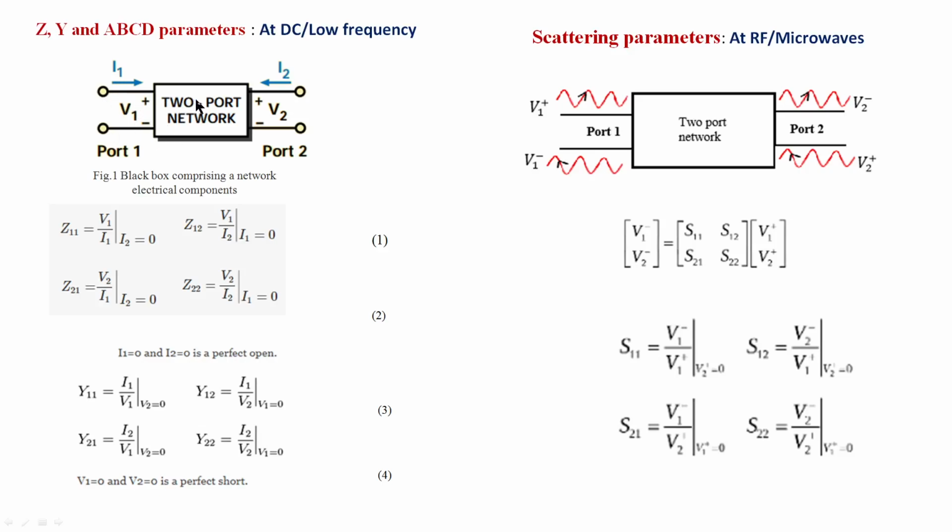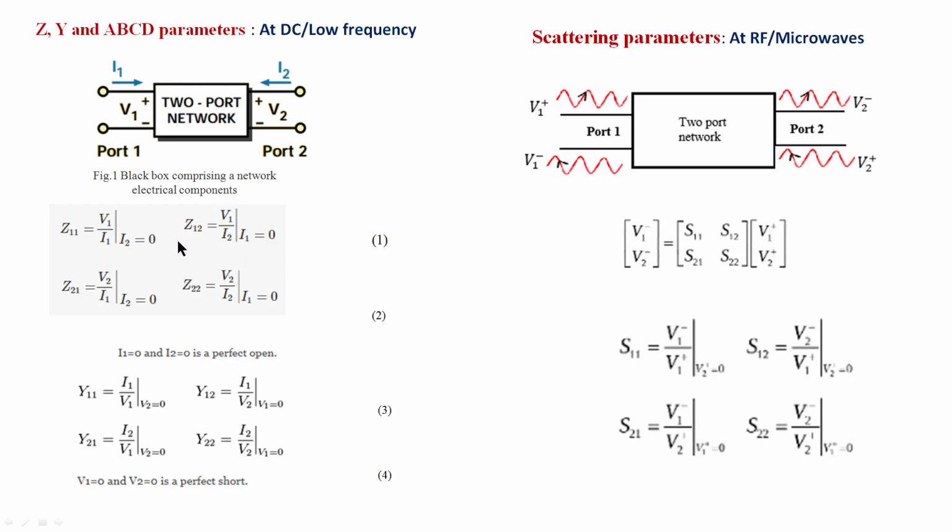Phase variation is there over the leads like this. Signal varies, voltage and current vary over the line. Here voltage and current do not remain constant. See, voltage is maximum and it decreases, reaches minimum like this. This pattern will take place over the line here. But at low frequency it may look like a constant. So because of that we cannot do the exact voltage and current measurement at RF and microwave frequency.